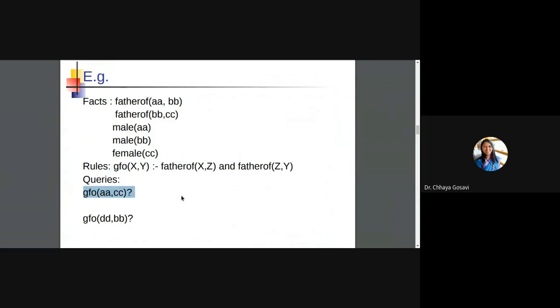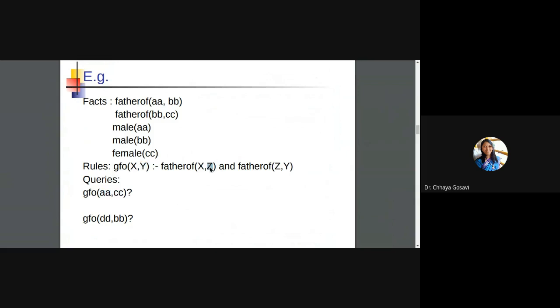Can you solve this query? Grandfather of AA, CC and grandfather of DD, BB. How will it work? The value of X here is AA, the value of Y here is CC.